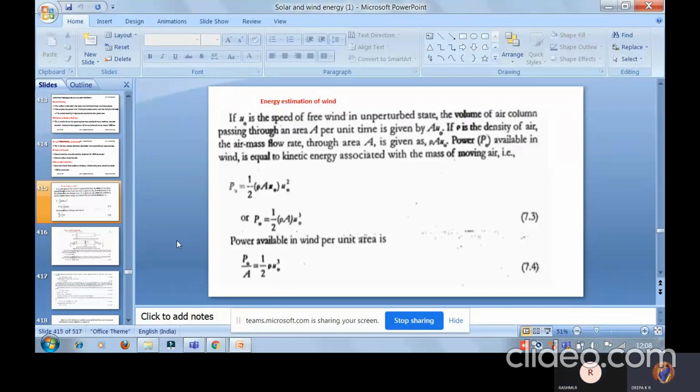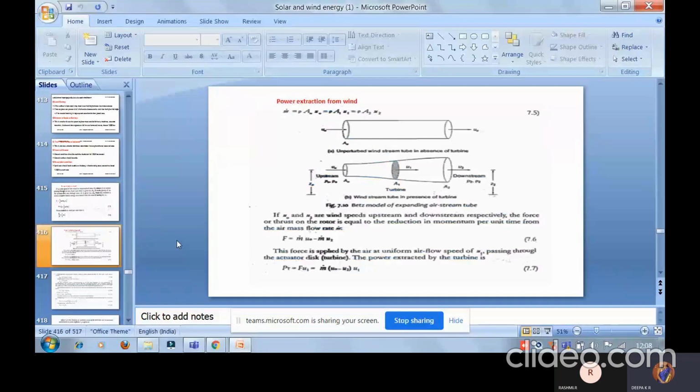Yes, ma'am. Okay. So next heading, please note down: power extraction from wind. As I specified in the last case, area plays a very important role to carry the mass of the air, that is, the kinetic energy movement in the system. That will be specified considering this diagram, how upstream and downstream of a power will take place, and construction of the rotor, and how much air will be swept by the system.